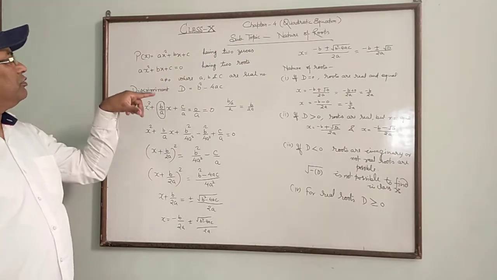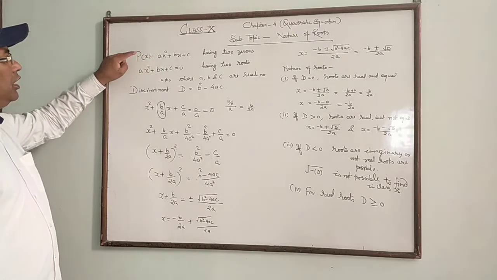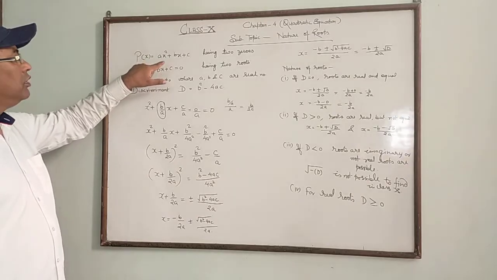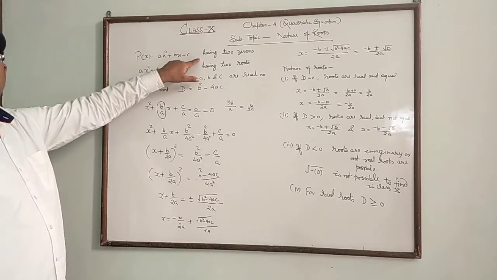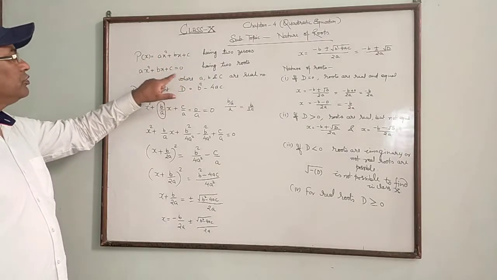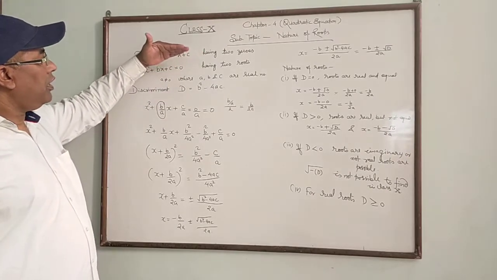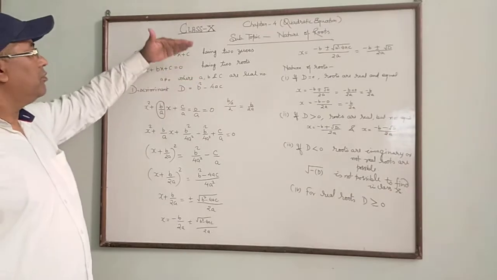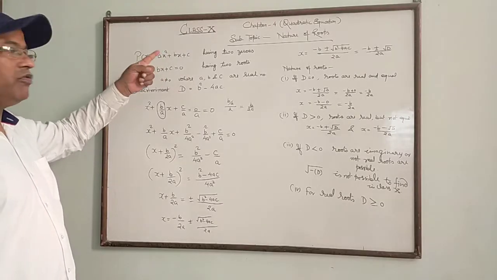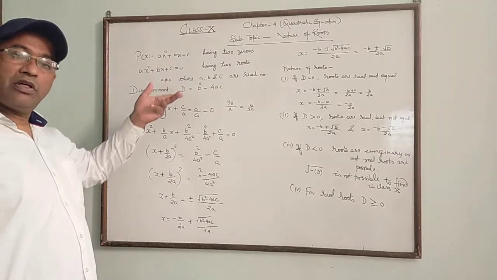First of all, I will tell you what a quadratic polynomial is and what a quadratic equation is. Those polynomials whose degree is 2 are called quadratic polynomials, and if the polynomial is equated to 0, it is called a quadratic equation. A polynomial has two zeros. The zeros are the solutions, the values of the variable for which the polynomial becomes 0, and the two roots are also solutions.